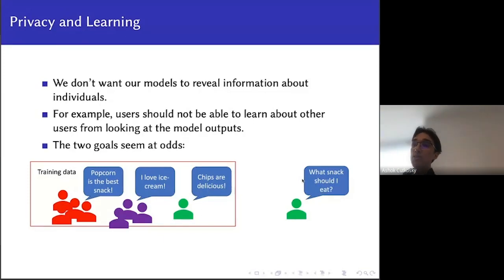Then when another user comes along and asks your model what snack they should eat, if this user was green, it might be reasonable from a learning perspective to tell them that they should eat a chip. That really is the best match for their feature in your data set. But then this person might turn around and say, ha ha ha, I actually don't really care about what to eat. I'm just here to figure out what is the favorite food of this one green person in your data set. So now I can go to the store and buy all the chips up so that they're sad or something like that. So we want to avoid this kind of behavior.